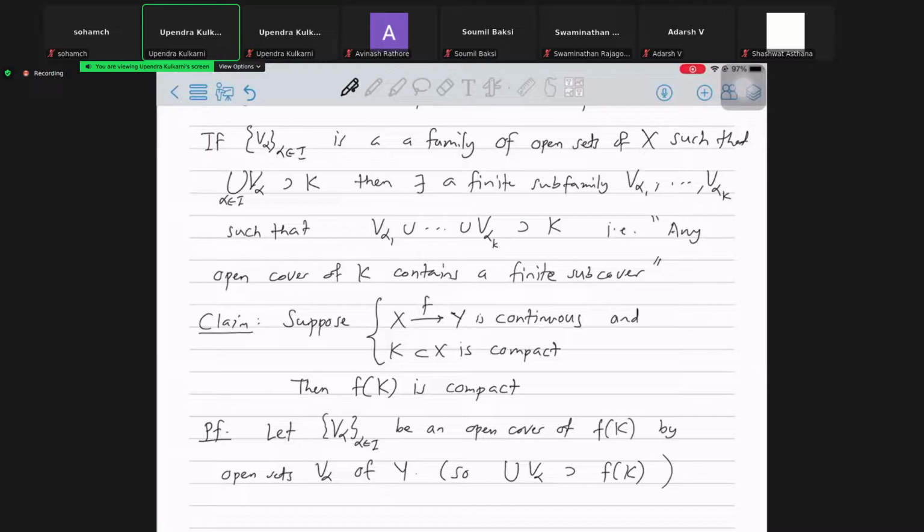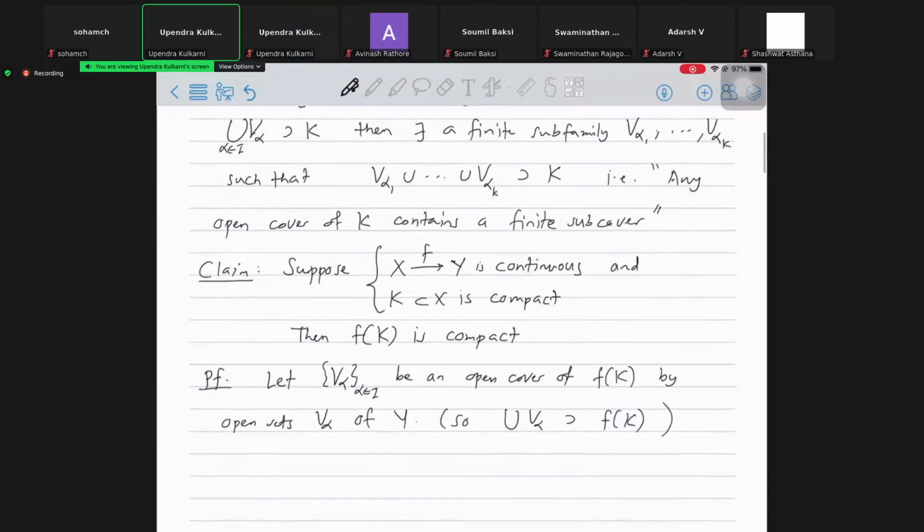But we saw that f being continuous is equivalent to saying that the inverse image of every open set of Y under f is open in X. So the proof writes itself. Therefore, f inverse of V alpha